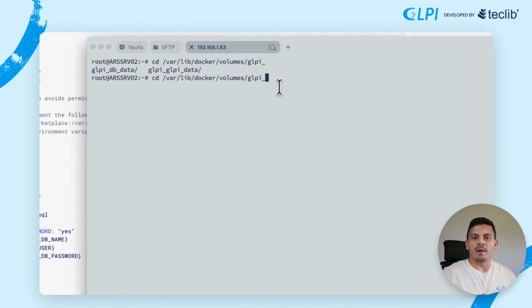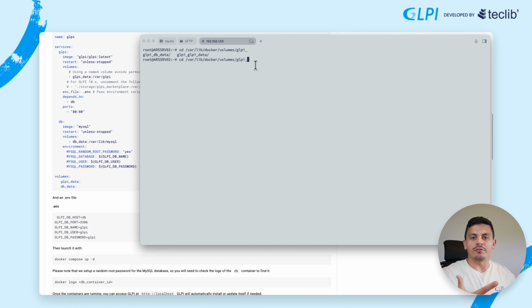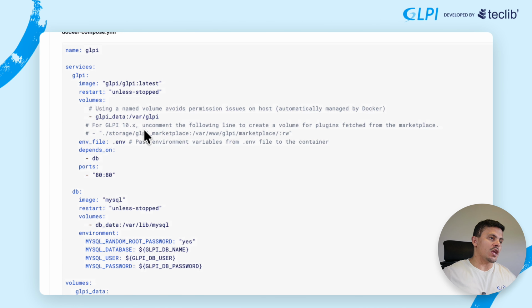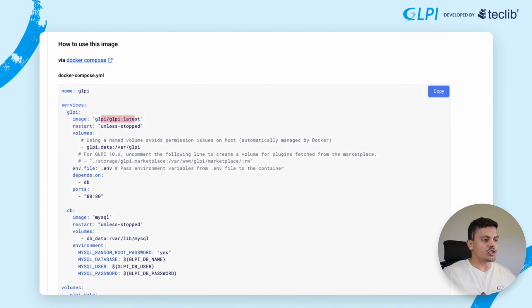Inside each one of them we are going to have the database and also all the files, marketplace and configuration files coming from our containers. So if I go to GLPI data, we may see the config files, the log files, the marketplace for plugins. So everything is in here,